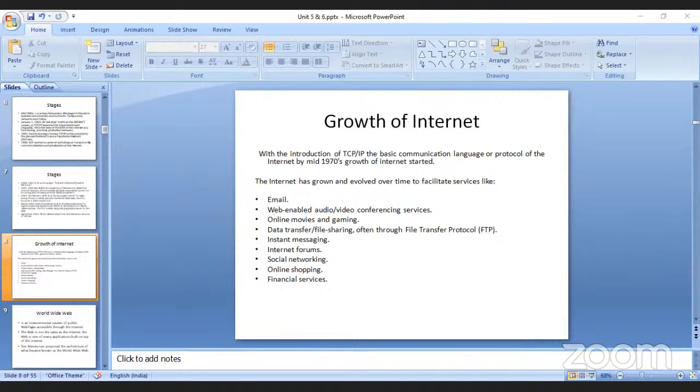Email followed by web-enabled audio and video conferences between organizations. It has helped a lot. Not only the convenience of different people, but it has also saved a lot of money for the organization. Everybody need not travel. The flight tickets, the stay, and everything has been saved because of the video and audio conferences. Simply sitting at different locations, you can discuss developments, your ideas, and whatnot through the conference.